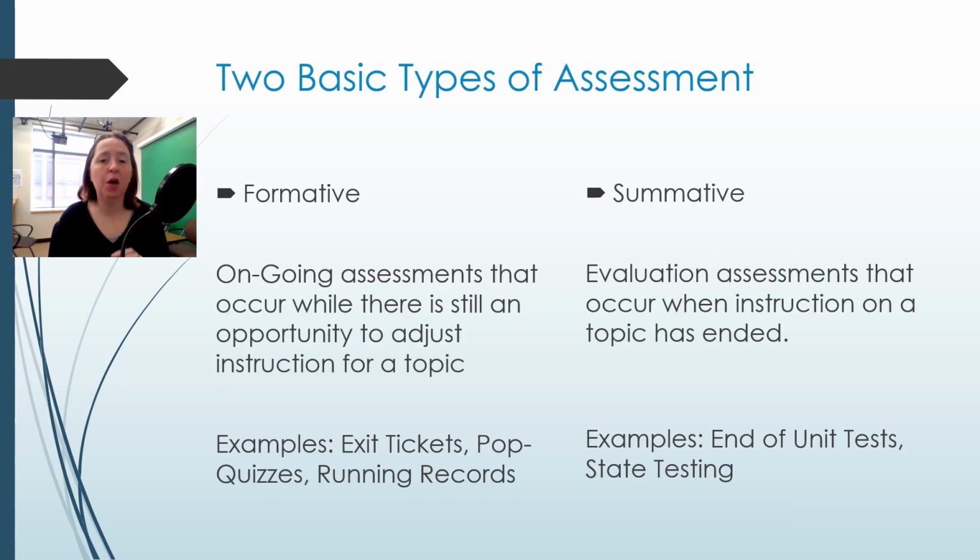Generally speaking, there are two basic types of assessment, formative and summative. So formative are going to be assessments that are ongoing. They typically occur when there is still time to adjust the instruction that you're doing on a topic. So these could be exit tickets, they could be pop quizzes, they could be running records. There's a lot of different ways that these could go, but the essential aspect of them is that they are meant to identify a breakdown in instruction so that you can adjust your instruction for the students you currently have